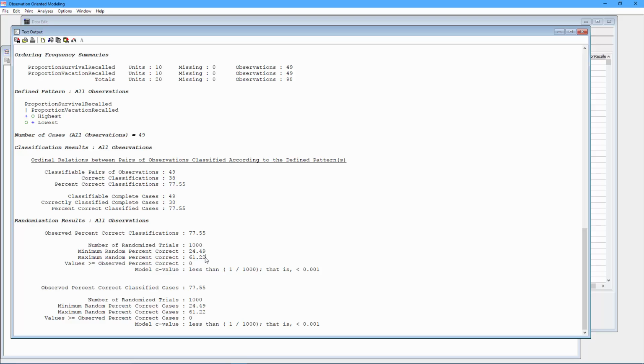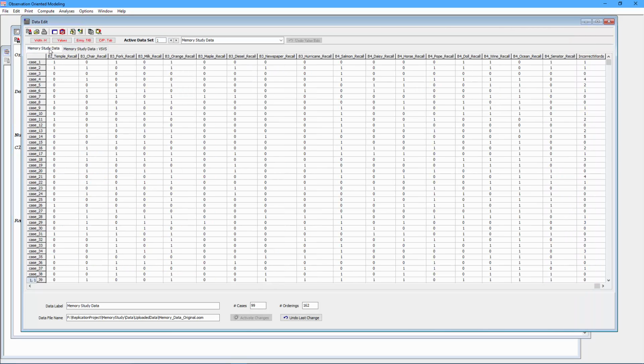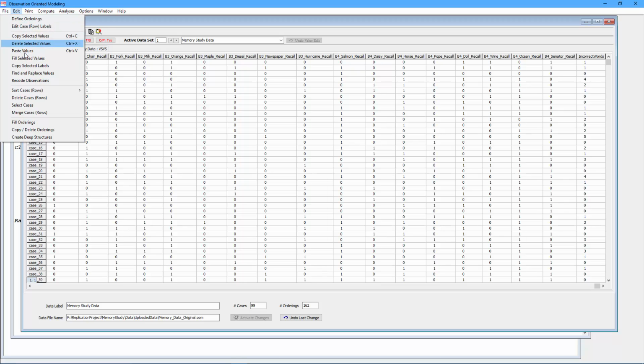In this case, not a single time did we obtain 77.55% or higher with randomized versions of the actual data. The highest PCC, in fact, for randomized data was 61%. So this is an impressive result. It's almost 78%, almost 80%, and it's an unusual result if you just randomly shuffle your own data. So very good results for the VS-VS condition. Now for the SV-SV condition, we again go back to the original data, and we're going to now select out